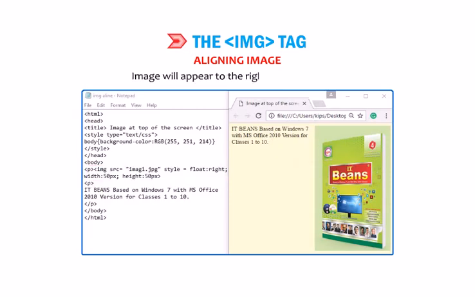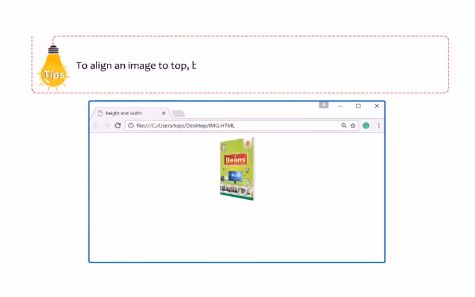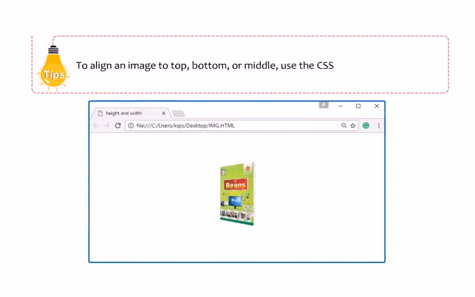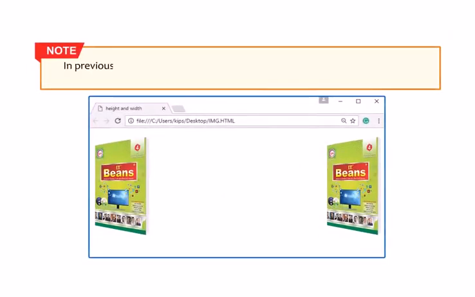Image will appear to the right of the text /p. Let me give you a tip. To align an image to top, bottom or middle, use the CSS property vertical align. Okay, note, in previous version of HTML, align attribute was used to align the images to left or right.